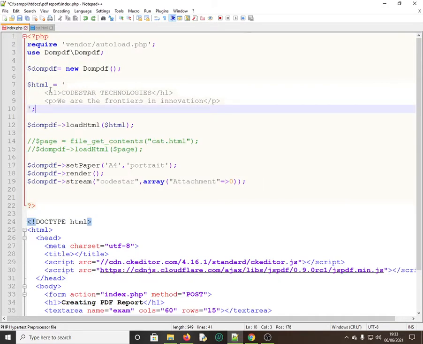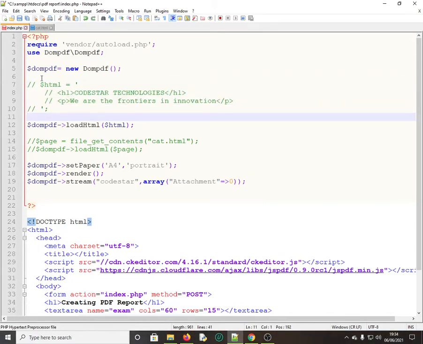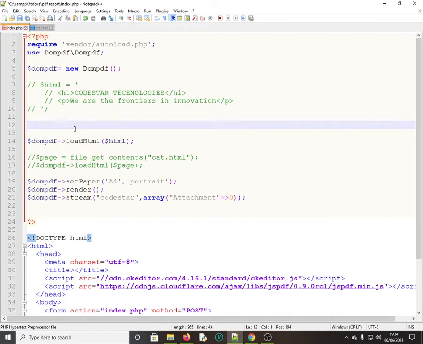So after this one, let me comment this one, Control K C, like that. Then once I comment that one, I would like to create another variable for this HTML, whatever,